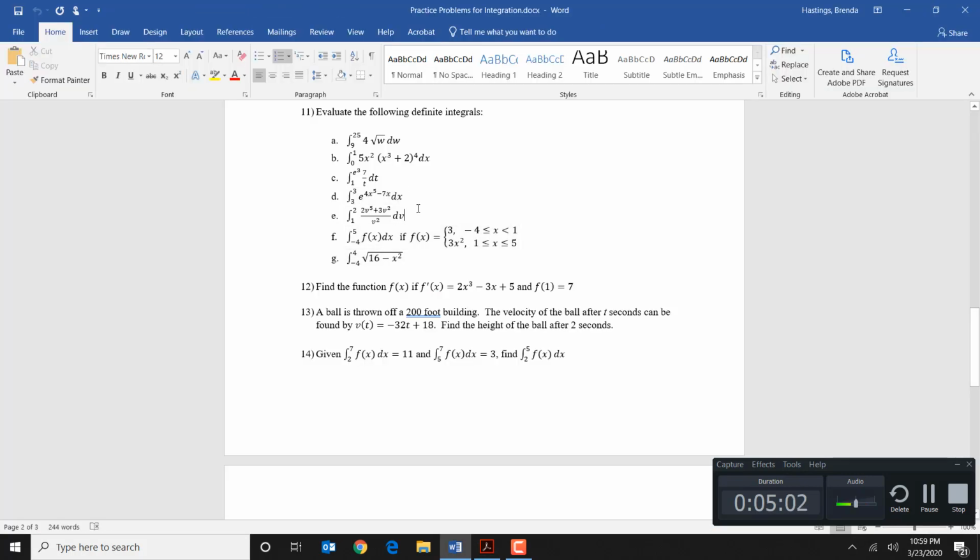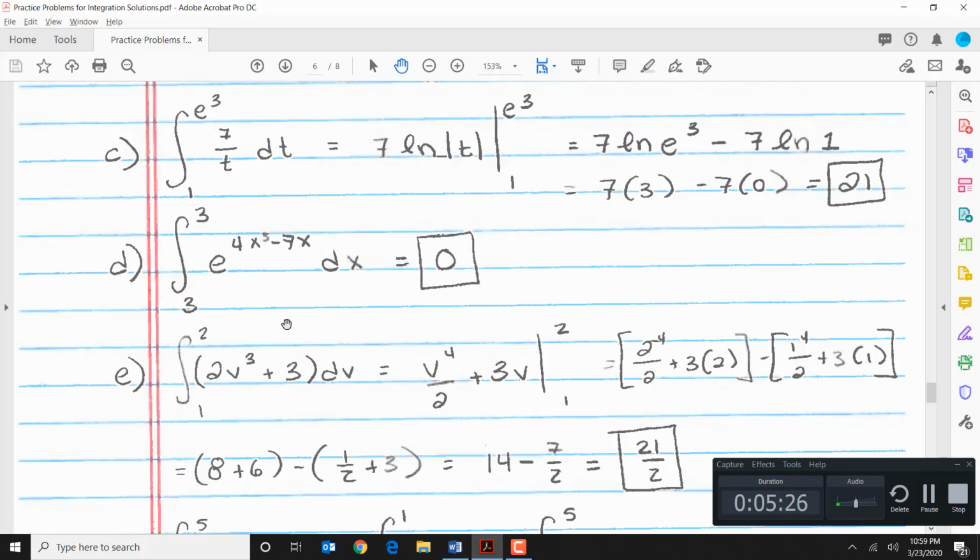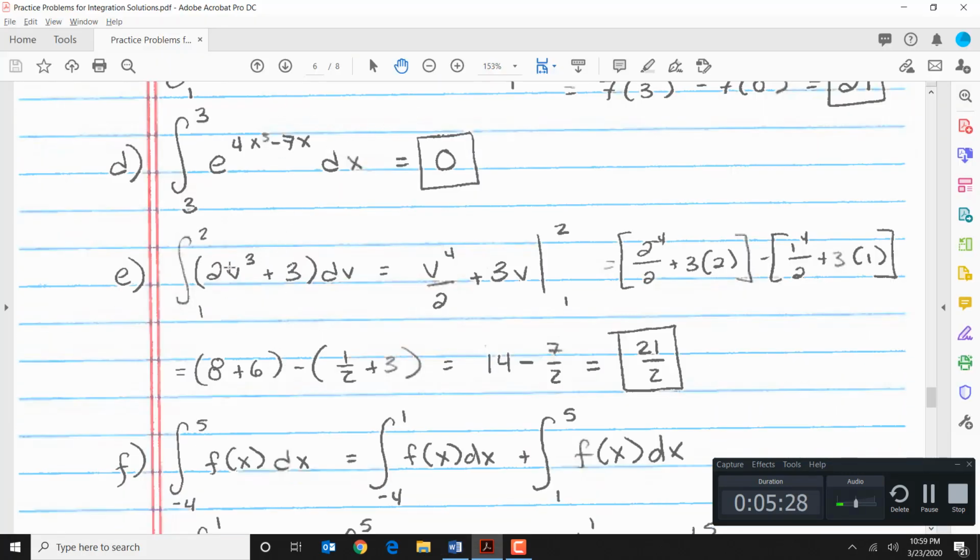For f, the integral from 1 to 2, so this one here, again, I don't have a quotient rule. If I let this be my u, that's not a higher power. I'm not going to get that to match. But what I can do is divide each of these by v squared, right? 2v to the 5th plus 3v squared all over v squared. I can divide each of these by v squared. So that's what I did. I divided that first term by v squared and that second term by v squared,